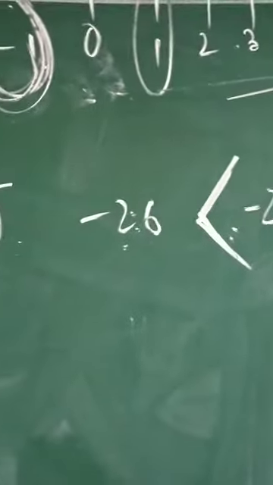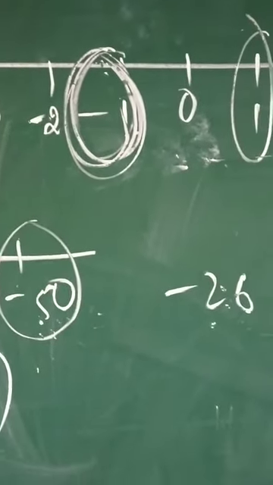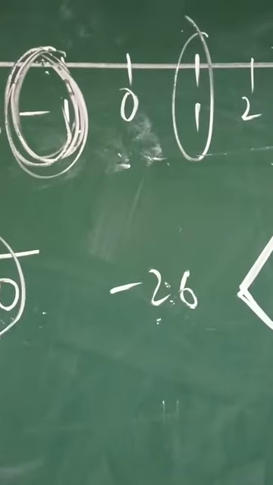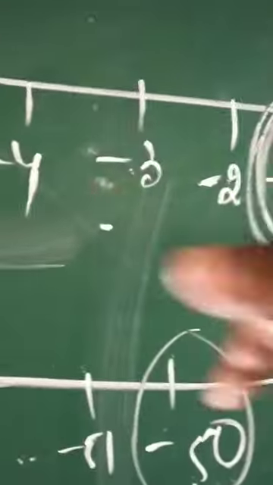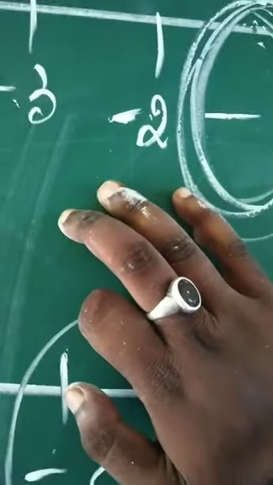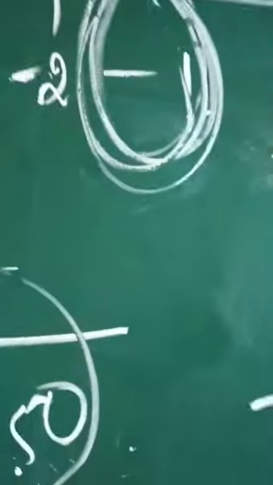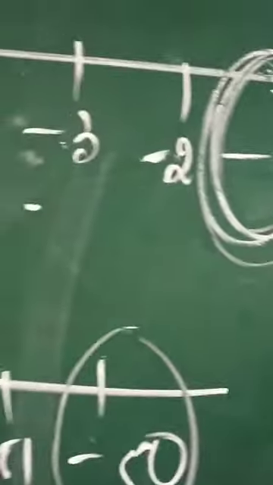The next one is question number 10. Draw a number line and answer the following questions. Which number will we reach if we move 4 numbers to the right of minus 2? It's very important to understand the question, children. We have to move 4 steps.